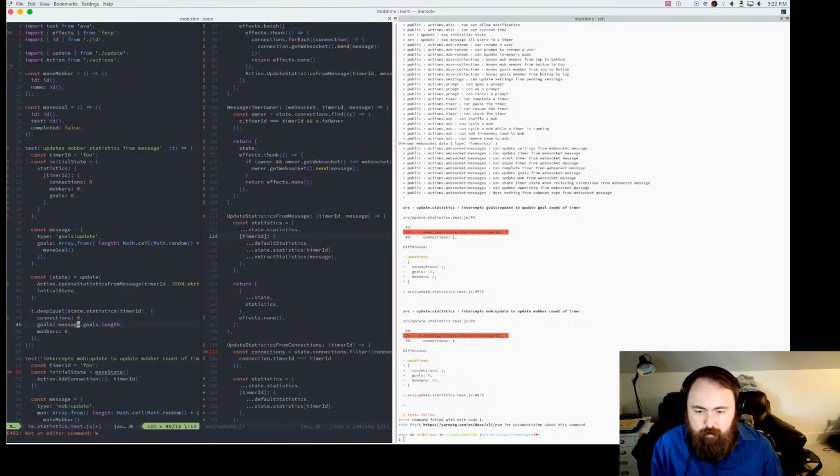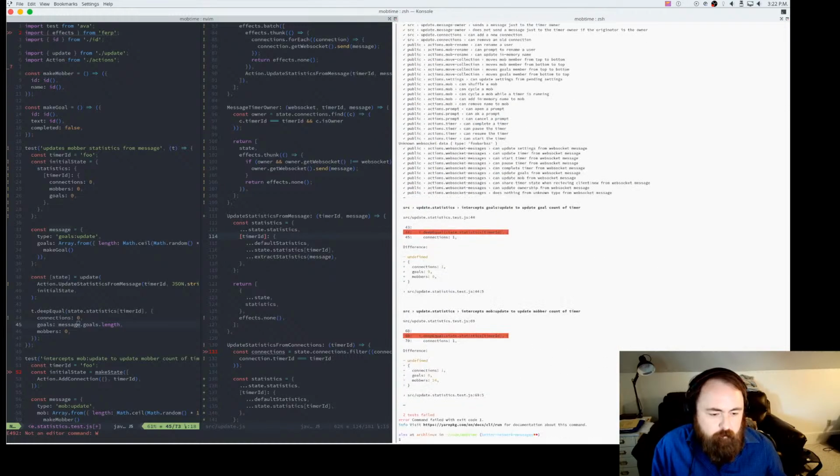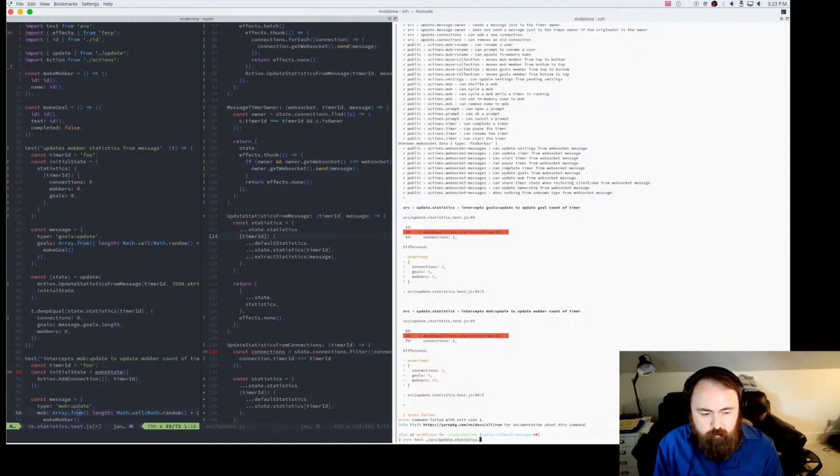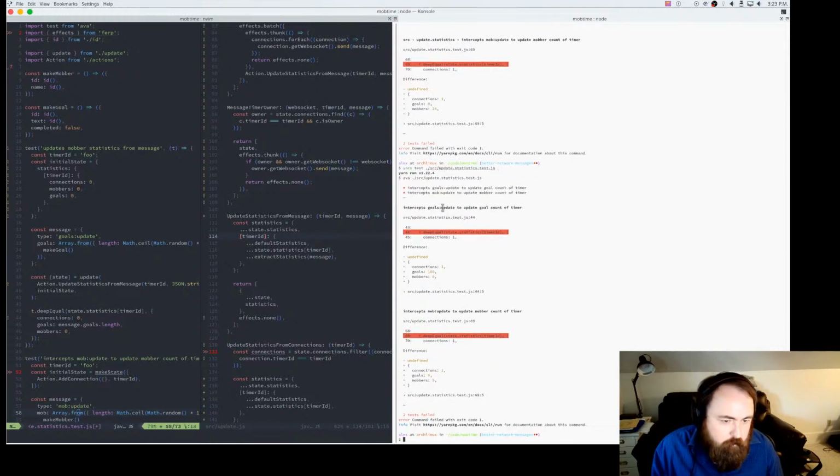Yeah, we know we should get that. So let's see. Alright, so we have some different intercepts in here still. So I'm going to just run this file just for the sake of sanity. So we're going to say source update statistics.test.js.